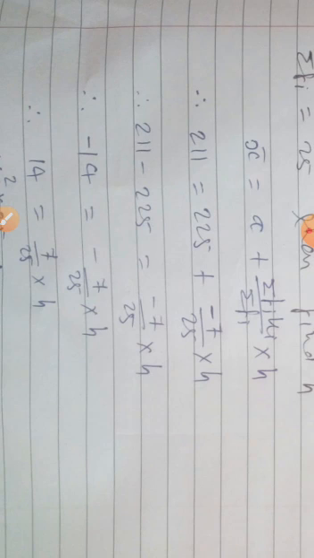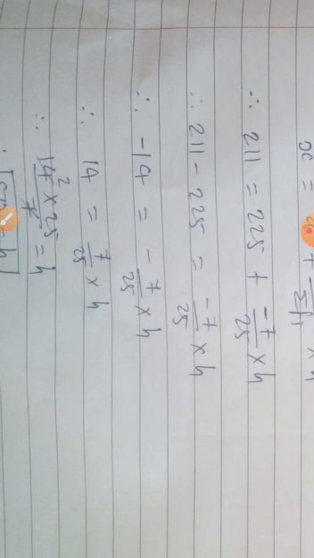Now again 211 minus 225, a smaller number minus a bigger number. Take the difference, no doubt, but at last you have to apply the sign of the bigger number. So the difference we got is 14, but it becomes -14 here. Now the right side is as it is, no variation in the right side.